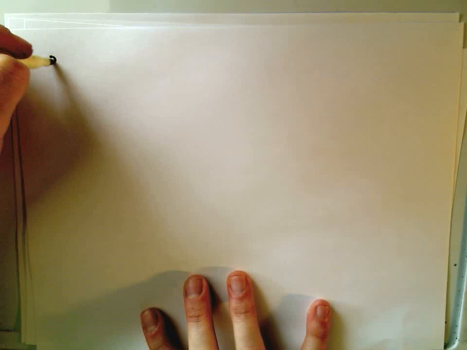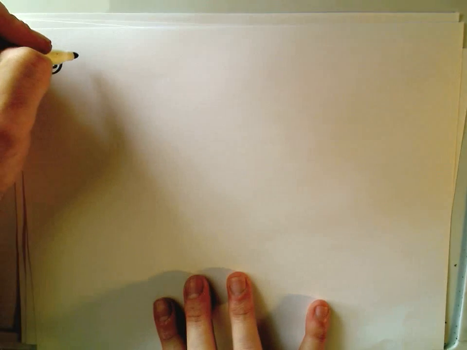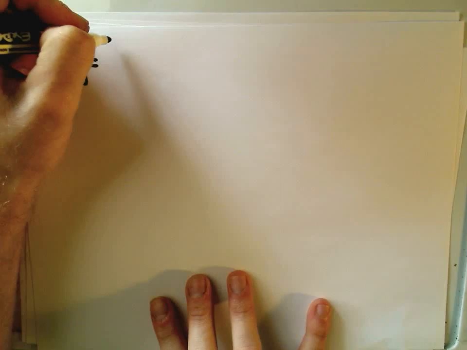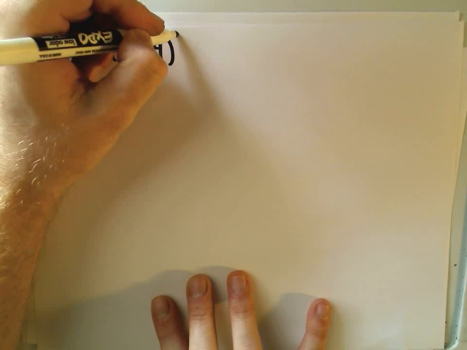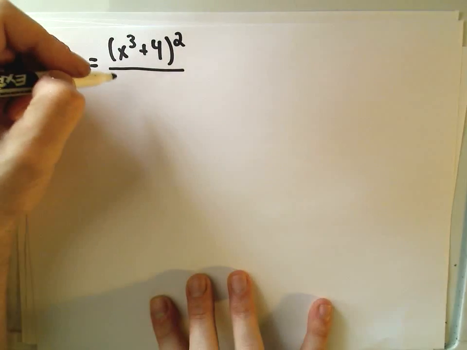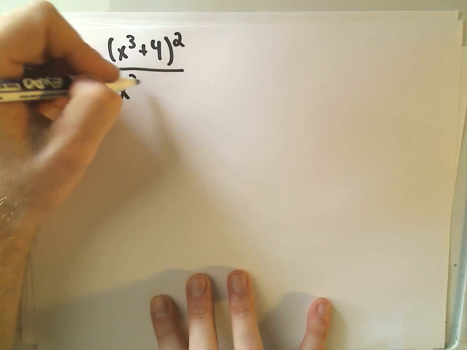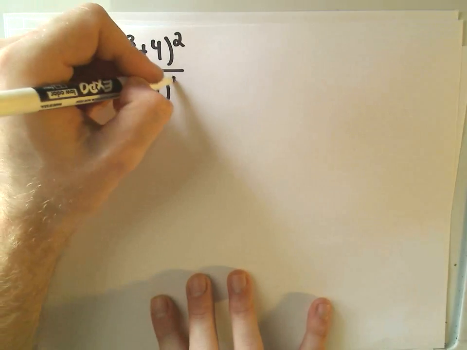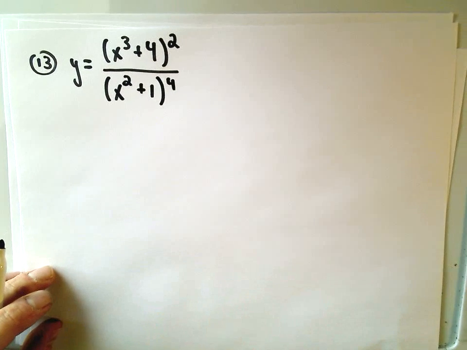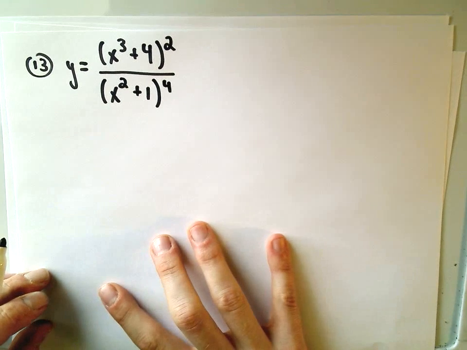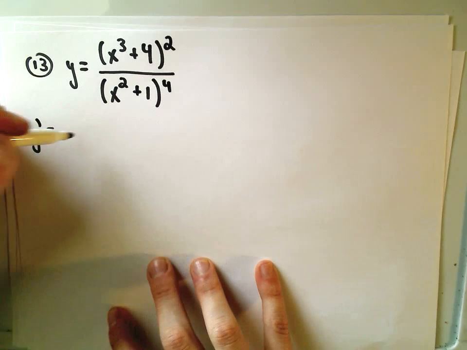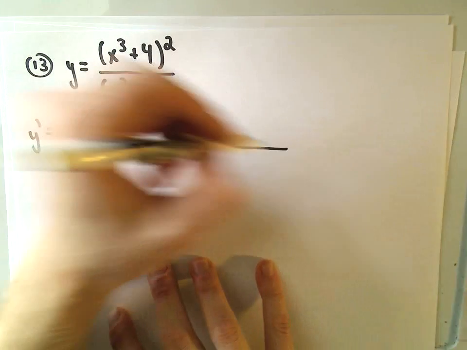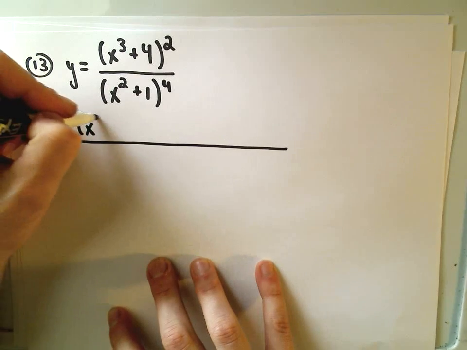Alright, number 13 here. So here we had y equals (x cubed plus 4) squared, all divided by (x squared plus 1) to the 4th power. So here we're going to have to use both the quotient rule and the chain rule when we take the derivative. So the quotient rule, again, it says you get whatever's in the denominator